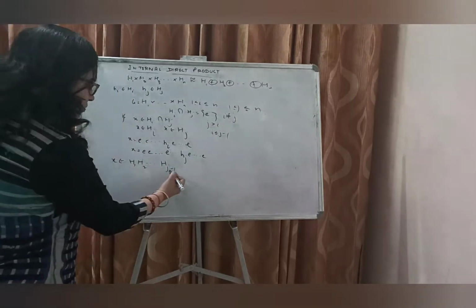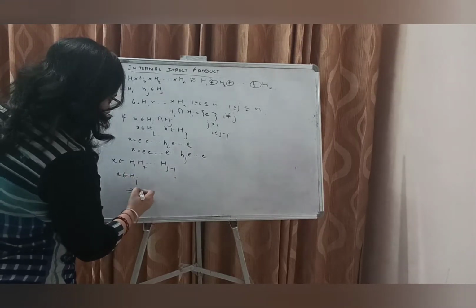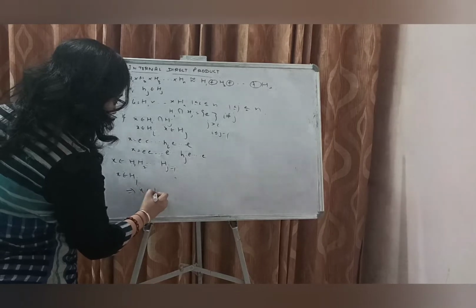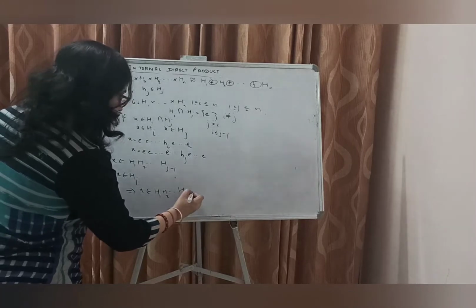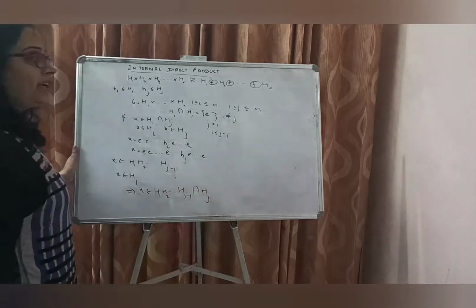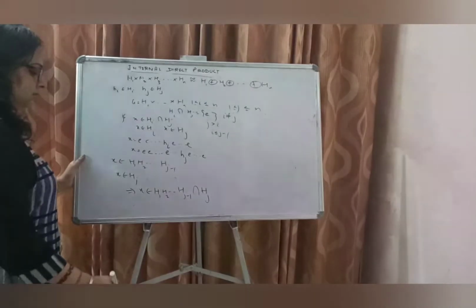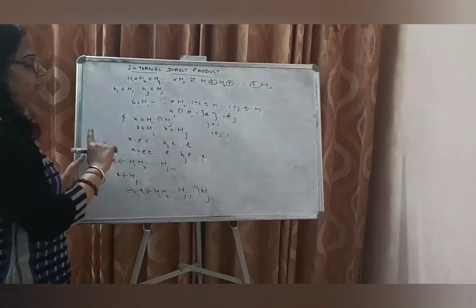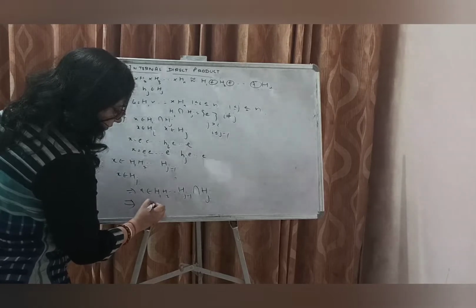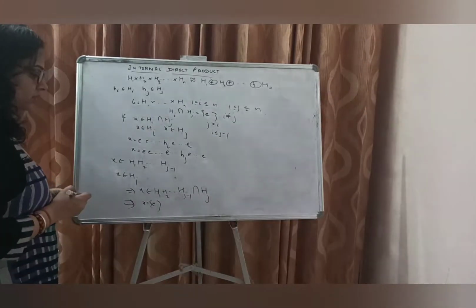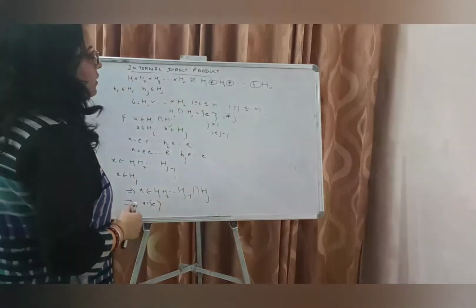So clearly it belongs to this product. Also X belongs to Hj. This implies X belongs to H1, H2, so on up till Hj minus 1 intersection Hj. Now by the second property of the internal direct product, this implies X is identity. Okay, because H1, H2, so on up till Hi intersection Hi plus 1 is identity.